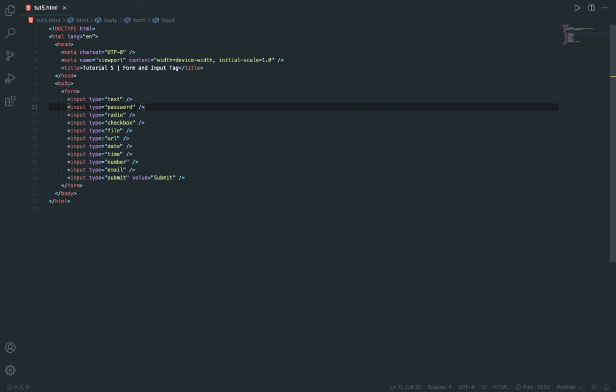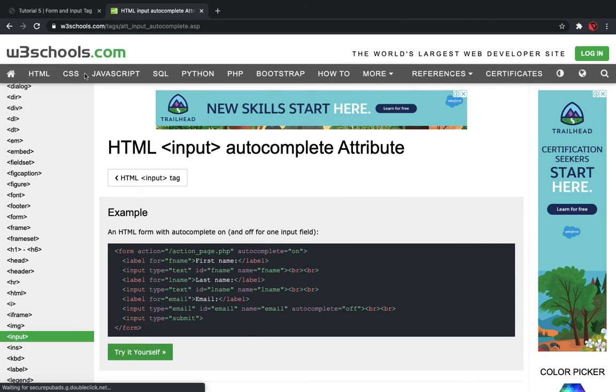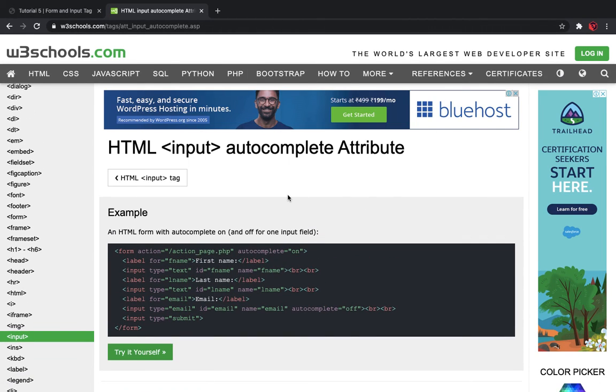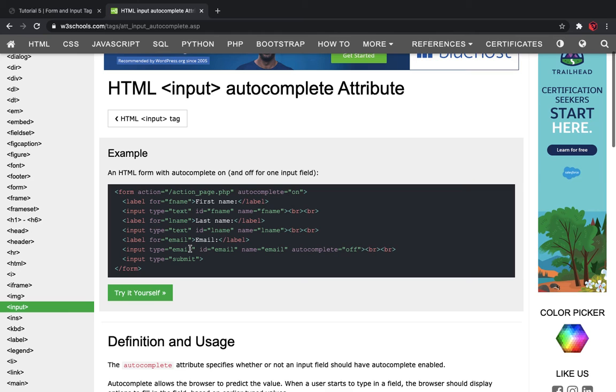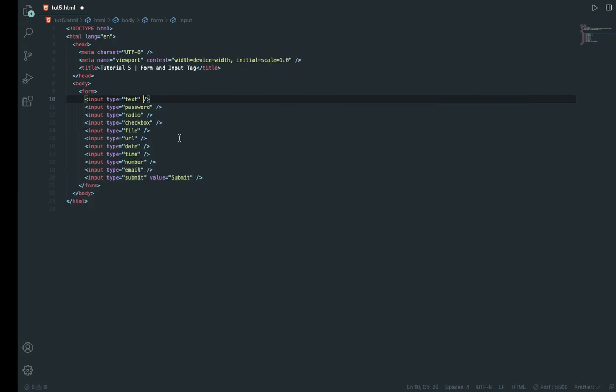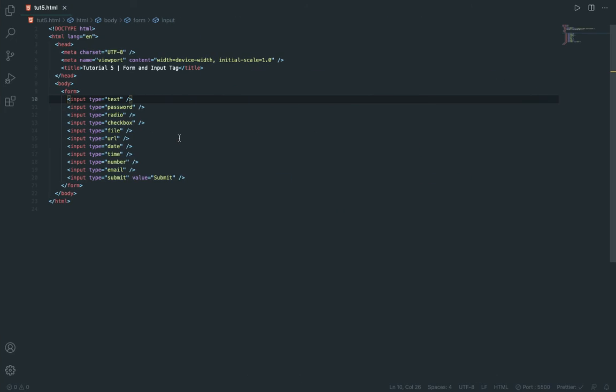And then you also have to add name. So if you are submitting this form, then name, you can say name. So that's how you can target that here. And this W3Schools is a very nice resource which is very useful for all the languages. So I hope this video was helpful to you for this web development form and input tags.